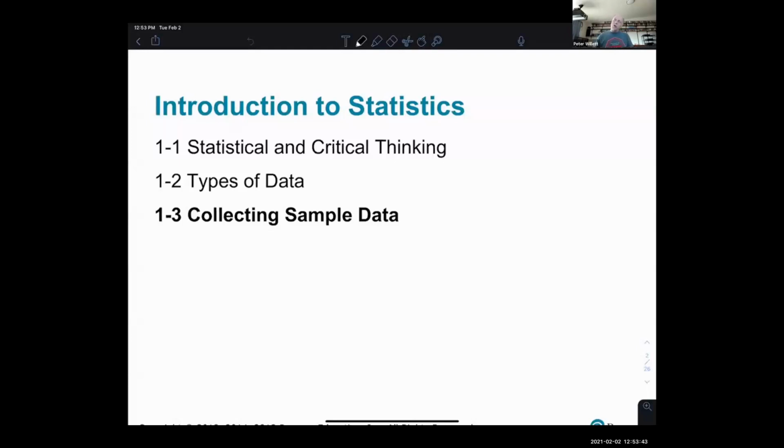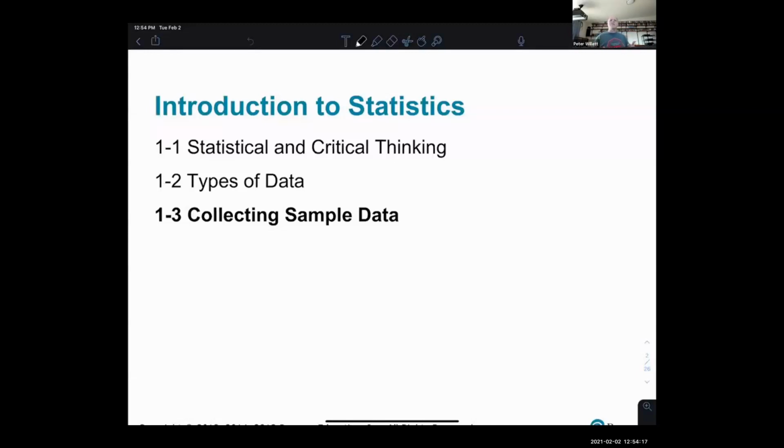So in 1.2, the discussion focused on the kinds of data that you might collect and being able to discuss and label different kinds of data: numerical data, categorical data, nominal data, ordinal data. There was a whole bunch of definitions in 1.2. And so if you're getting confused by some of those words about types of data, then 1.2 is the place to review that. So now, having done that in those first two sections,